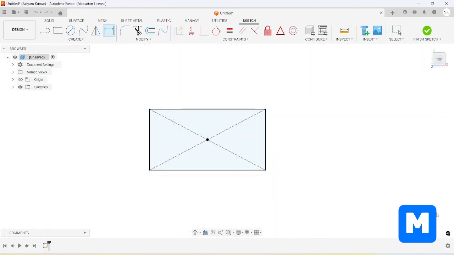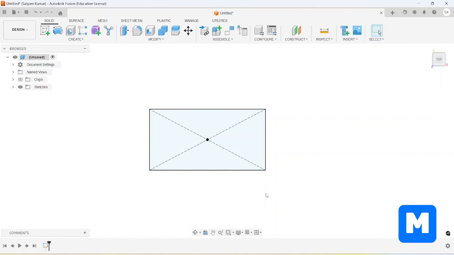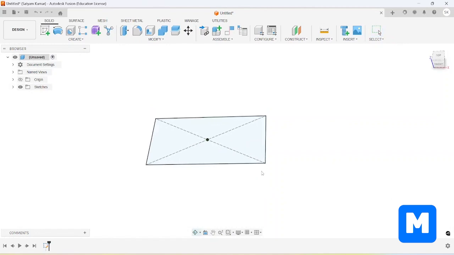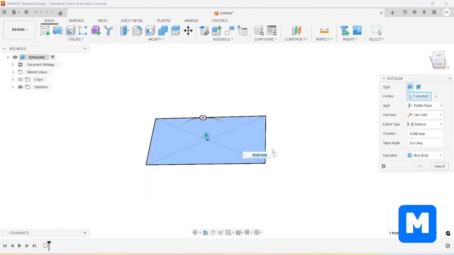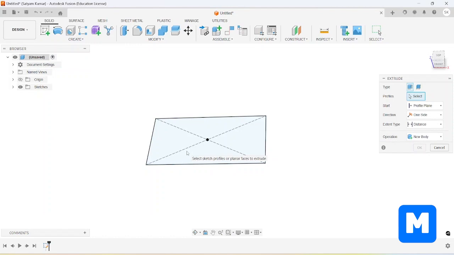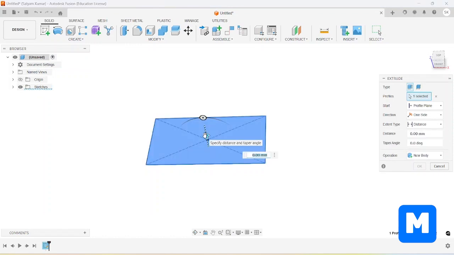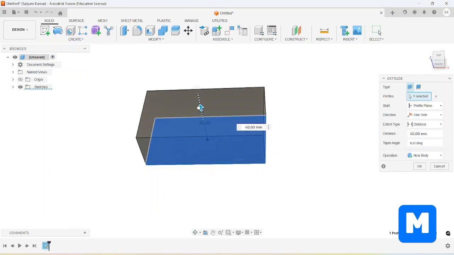We will use the extrude tool from Fusion 360 so that our 2D base is converted into a 3D cuboid. So let's press E for extrude, select the base and the extrude direction.